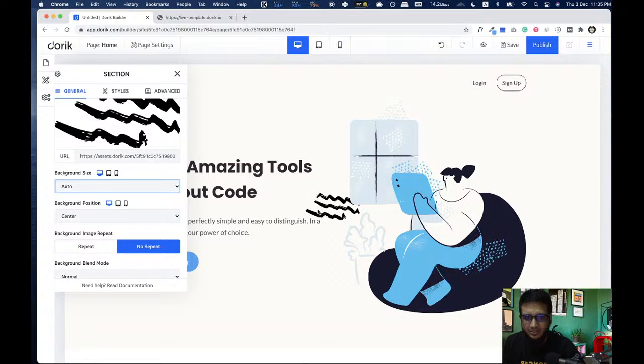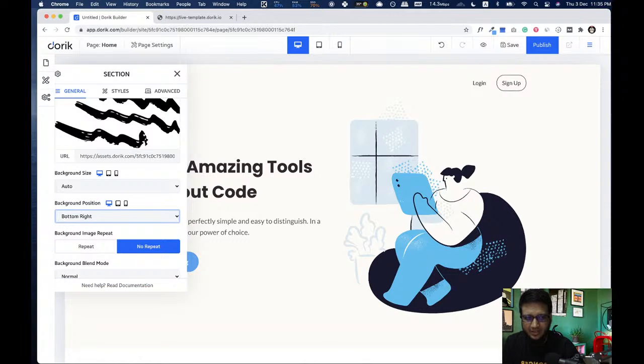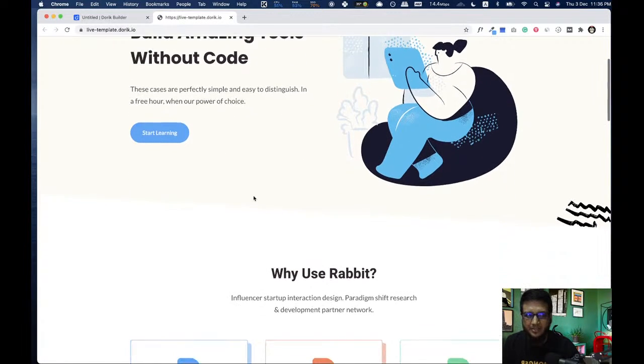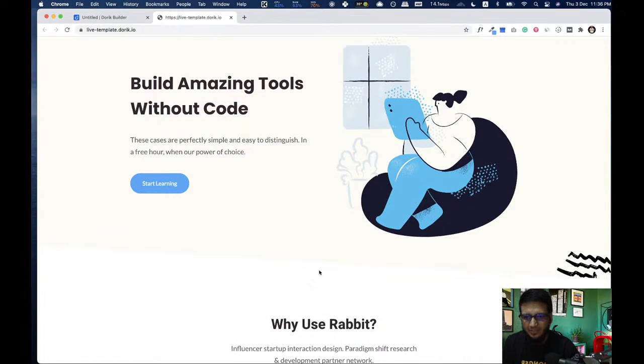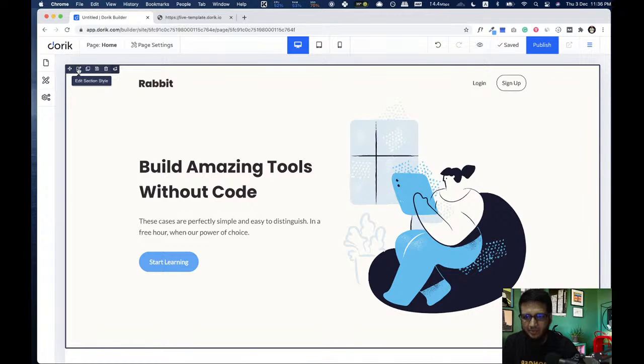It's now smaller. Now we are gonna move it to the bottom right side, background position, bottom right, and there it is, it's gone there. So that's the first section, our home section, done. There is a small separator, we can add it from here.